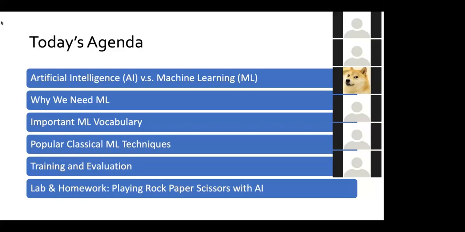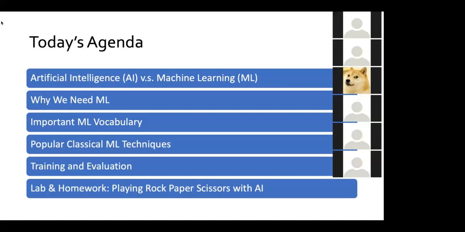And then we'll dive into an example that motivates why exactly we would need machine learning. This will show us maybe the power of machine learning and why it's important. And then we'll dive into some machine learning vocabulary. This is just basic stuff that you need to know when you're dealing with machine learning. We'll also talk about some popular methods that people use in machine learning, like decision trees, linear models, etc. And then we'll talk about how exactly you build these machine learning models, this process of training and evaluation.